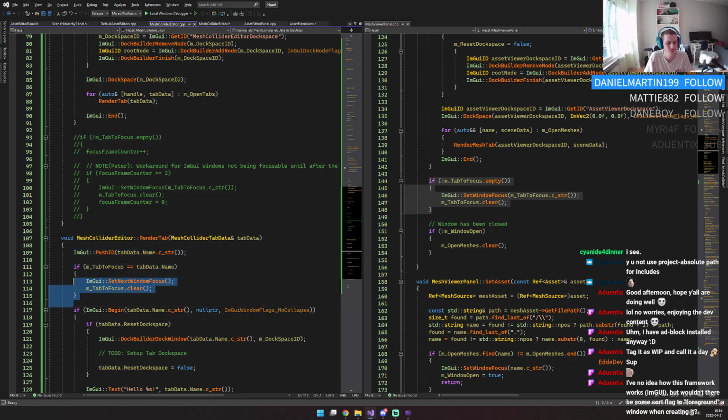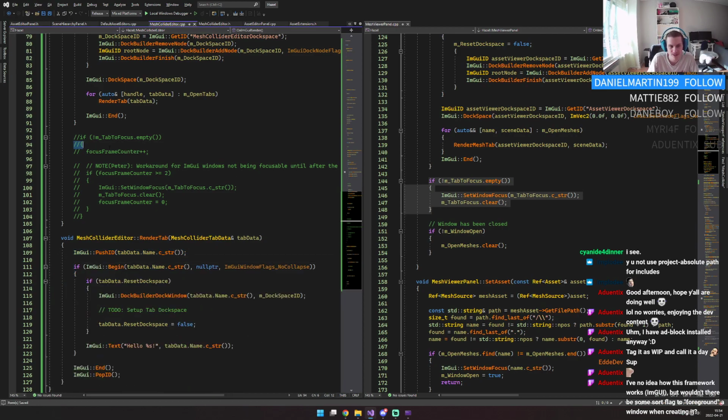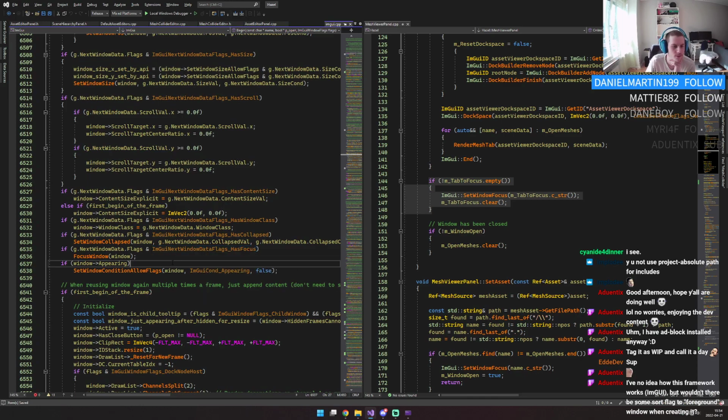That's annoying. And I think that's for the same reason here, the fact that the window technically is not focusable for the first frame. So we'd still kind of have to check that. I would have personally thought that